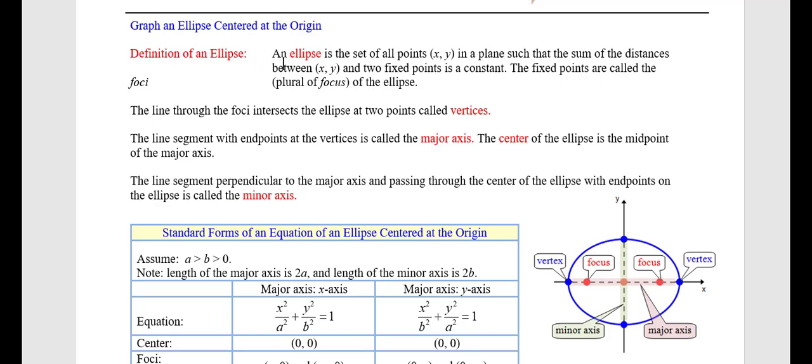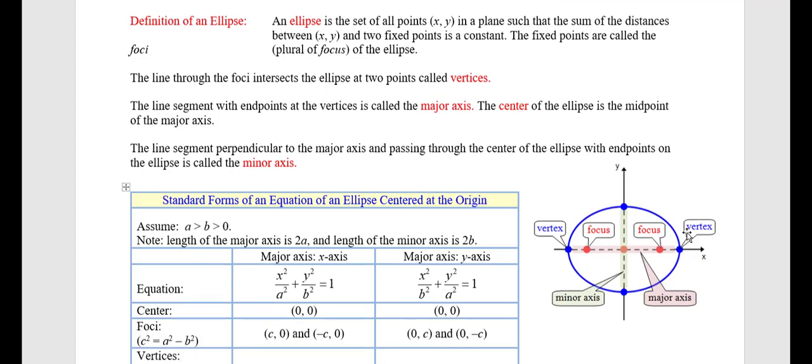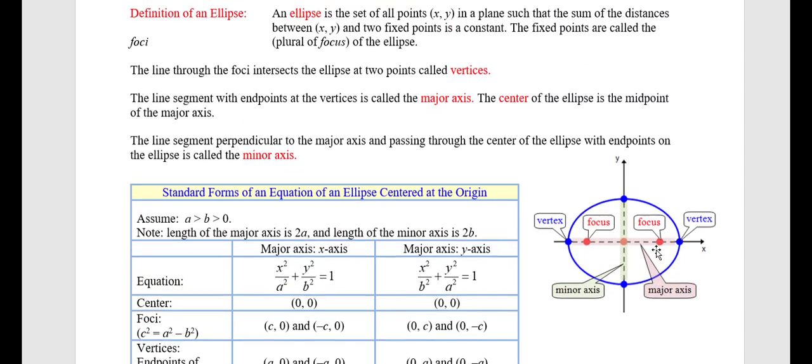The definition of an ellipse is that an ellipse is the set of all points x, y in the plane such that the sum of the distances between x, y and two fixed points is a constant. Those fixed points are called the foci, plural of focus, of the ellipse. So what we're saying is that in, for example, this picture down here, if I choose any point on this curve, maybe this point here, the distance from one of these foci plus the distance to the other